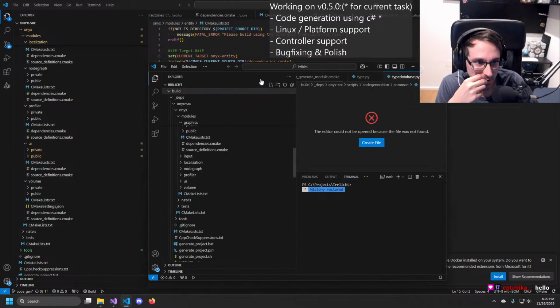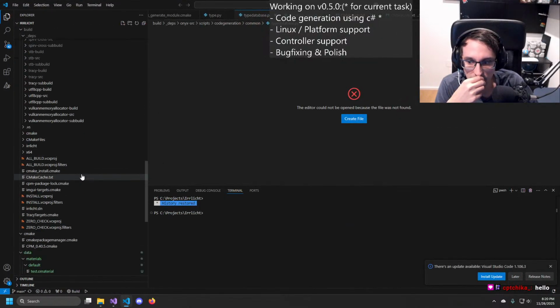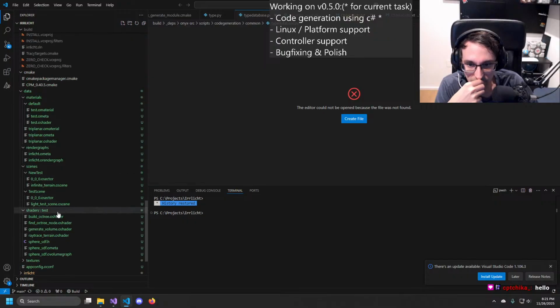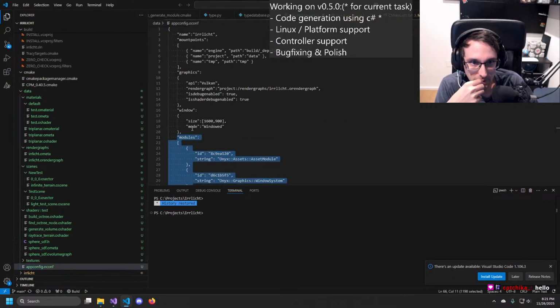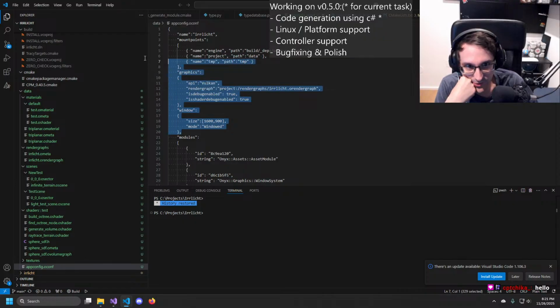Let's open that one. Okay, so we have our app config, which defines our module settings like that. So for example, for graphic settings, it would be this tag here. And for window, it would be this.